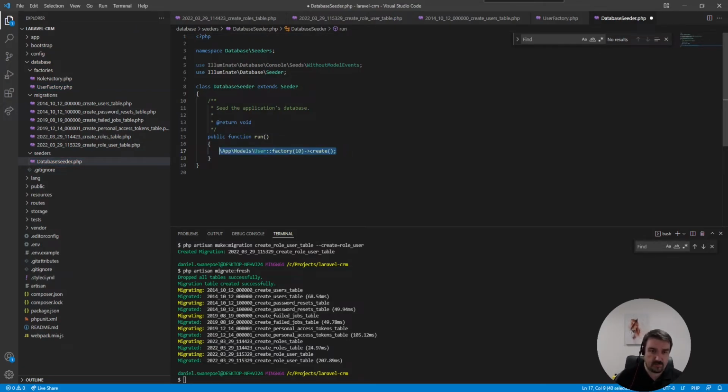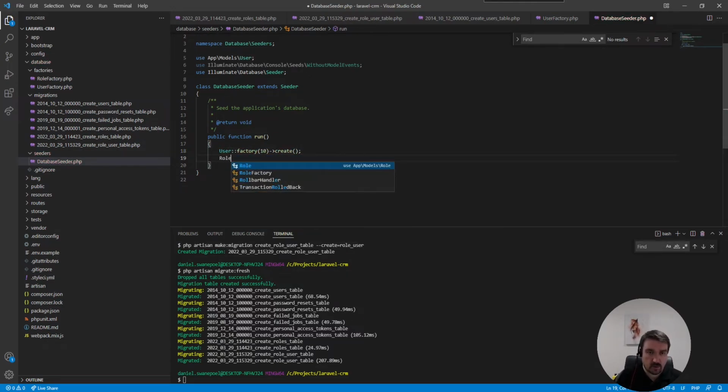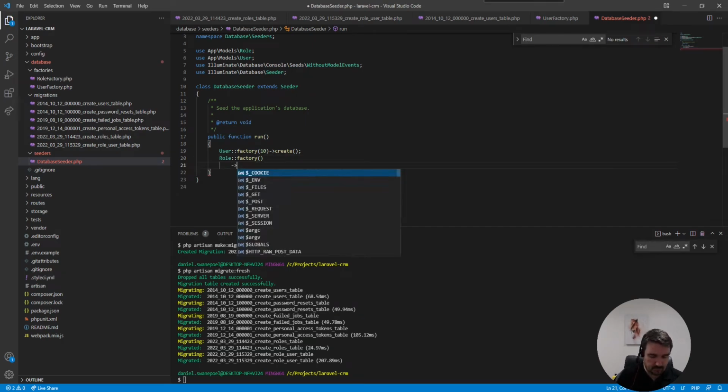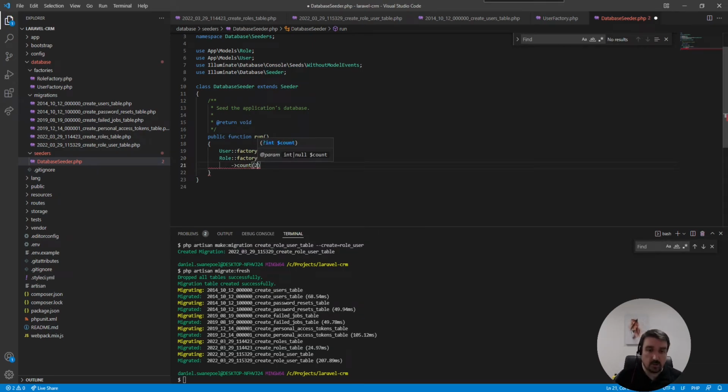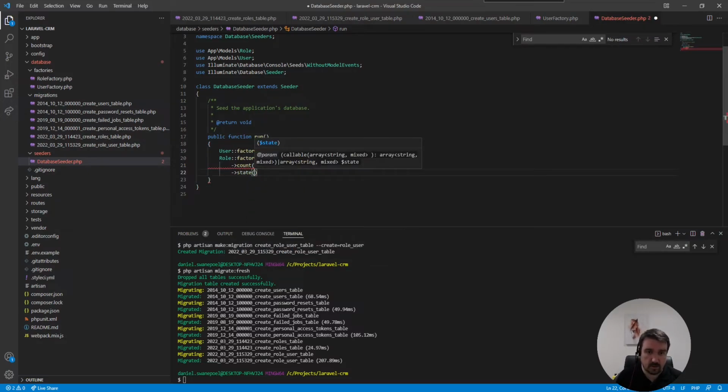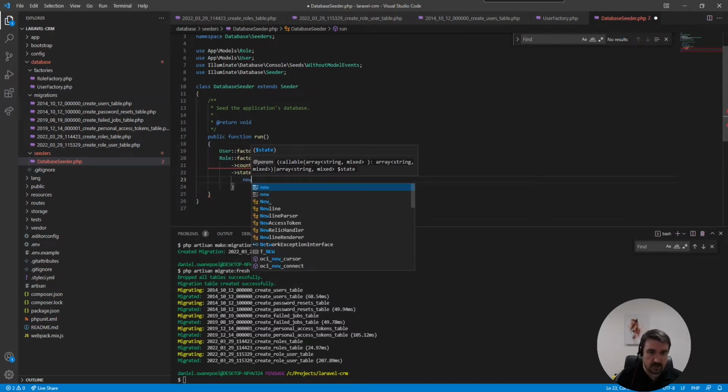So let's set up a few users first. Let's do 10 users. Let's just remove this so it imports it at the top. Okay, and then we've got a role factory, and we can set up multiples by specifying the count. We want a count of 2, and then we call the state method, and in the state method we can say new